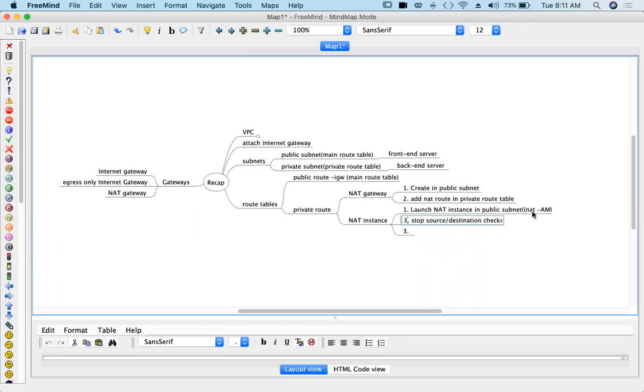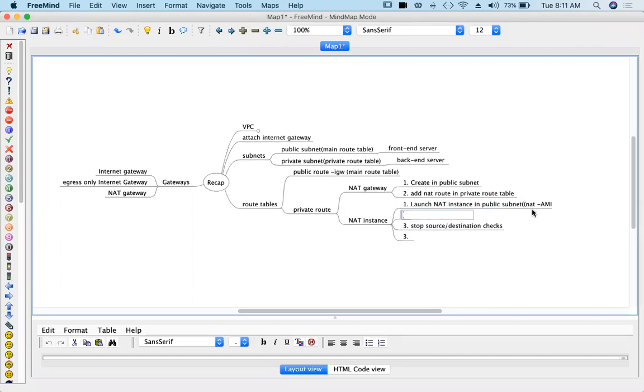While creating your instance itself, you can edit the security group, right? Add a rule in the security group that allows traffic from the private subnet.